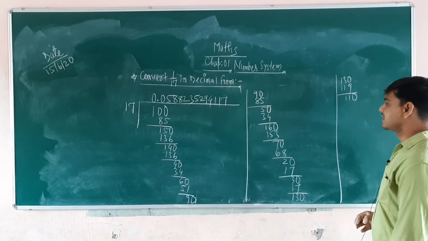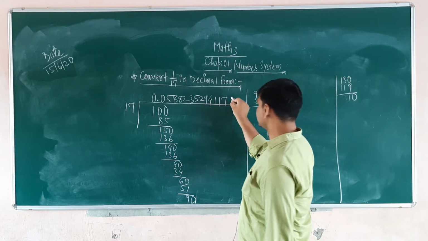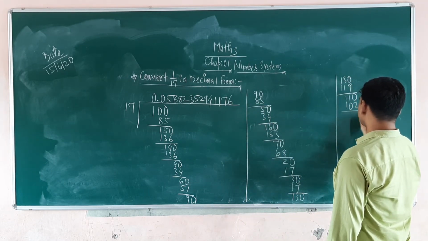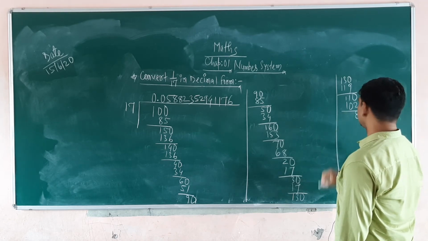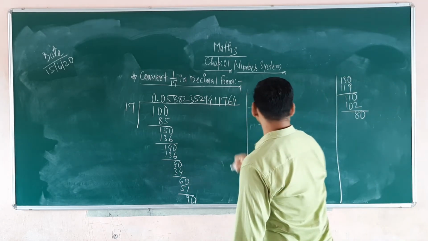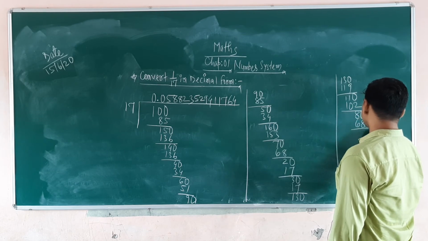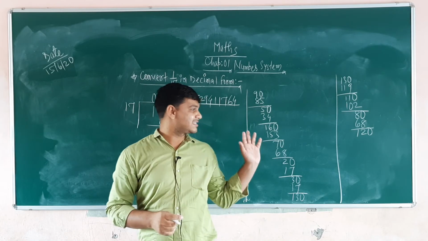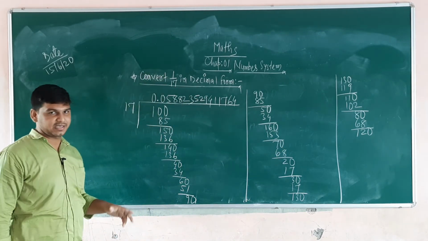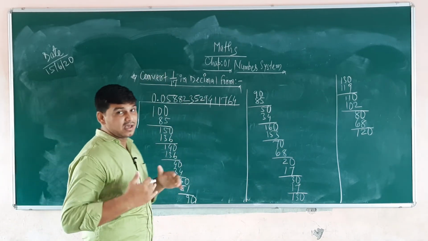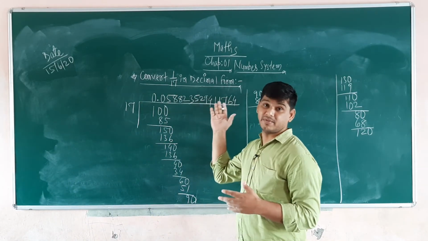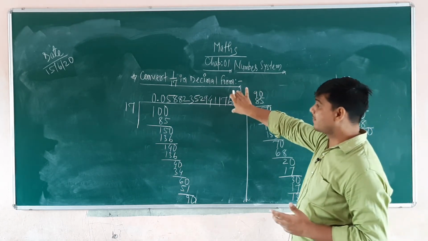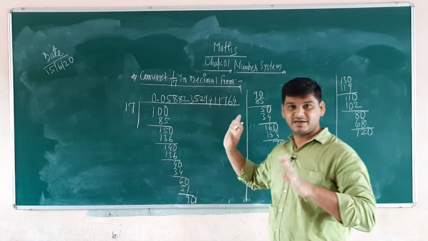Next, 110, multiplying with 6 is 102, that is 8 and 0. Now 17 fours are 68, that is 12, 100 and 0. So while applying this type of long division method, if a fraction value such as 1 by 17 is given and you want to convert it into a decimal number, by applying the long division method we can convert it in the form of decimal.